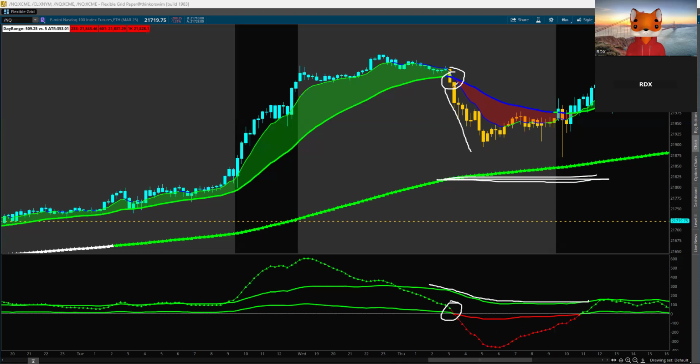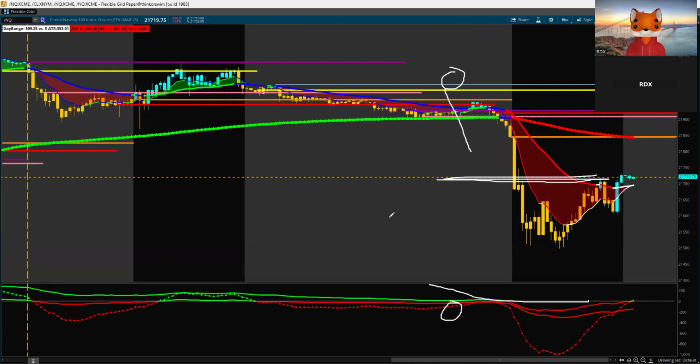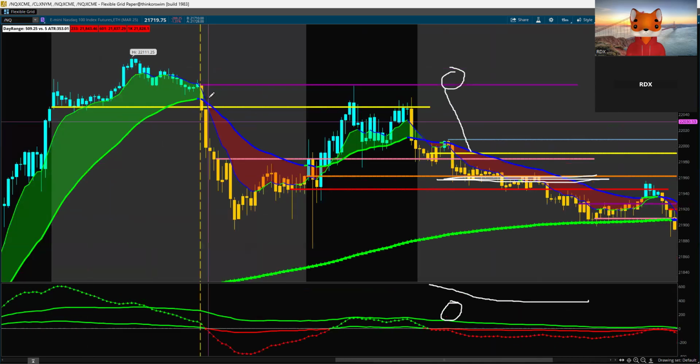Now, whilst it looks like a pullback on a 15-minute chart, the 3-minute can look slightly different, and that's where potential opportunities can arise. So let me quickly mark this zone, and I will then defer back to the 3-minute chart to tell you why there was an opportunity to go potentially short. And now let's go to the 3-minute chart. And if you can see right where I marked it,